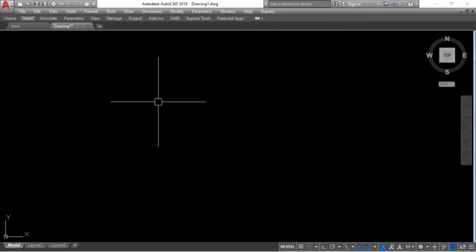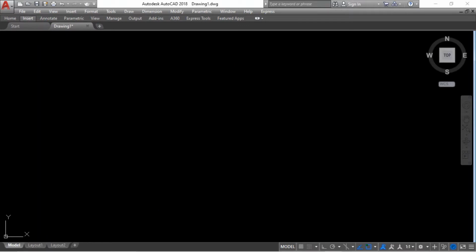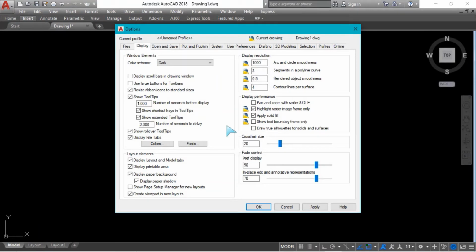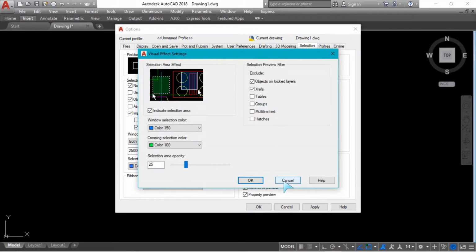First, right click, then go to Options. Now we will go to Selection, then we will find visual settings. Here, visual effect settings, click here.